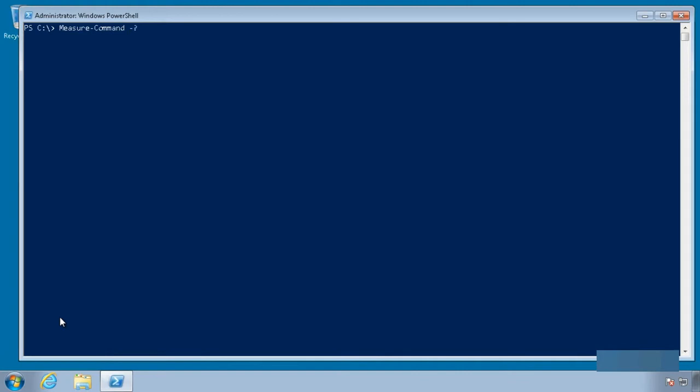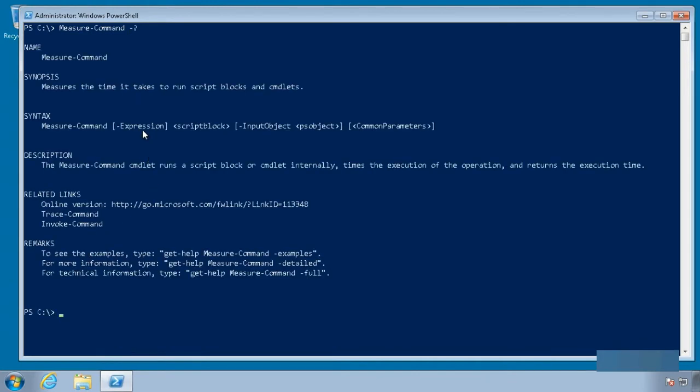Let's take a look at its help. All you have to do is give this an expression, and it will actually run the command. So if you're asking it to do something potentially dangerous, like killing processes or, I don't know, deleting users from Active Directory, just keep in mind, it's going to happen. This isn't a test mode. What this is simply doing is allowing us to measure it. So expression,